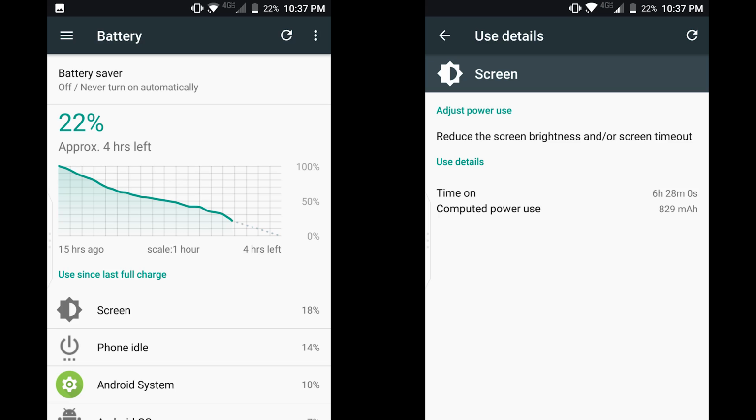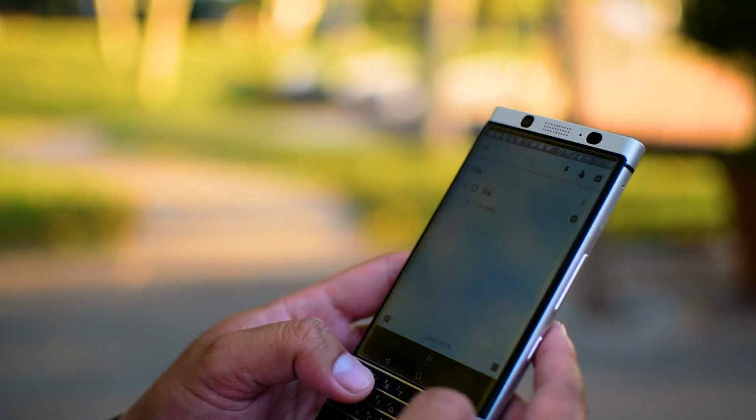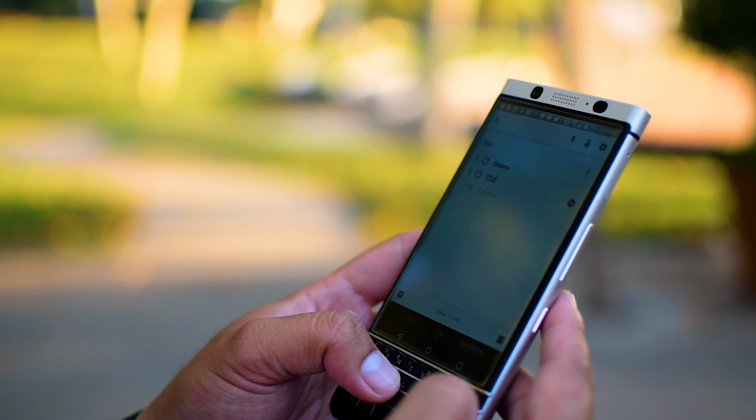So onto the battery. The battery life on the KEYone is excellent. While I don't seem to get the incredible battery life that is claimed by others, it is solidly an all-day device, where I can consistently get about 6 to 7 hours of screen on time, depending on my usage. So if I'm at work and I don't really have the screen on, but I am streaming music and once in a while watching a YouTube video, it'll be on the lower side,